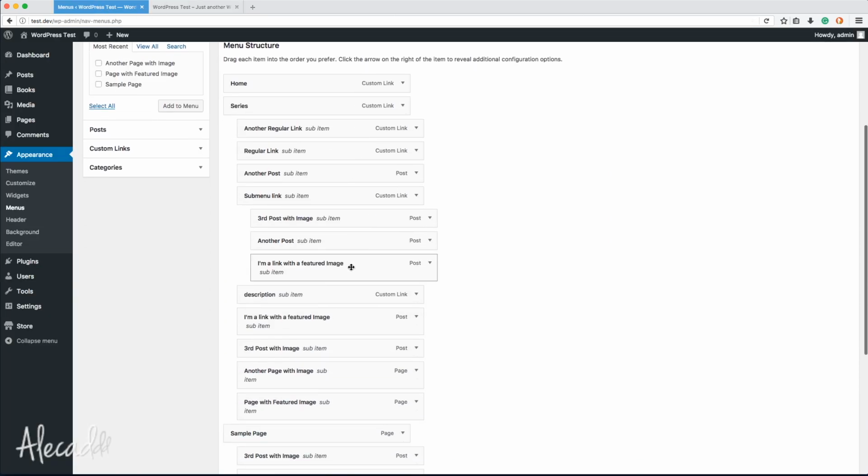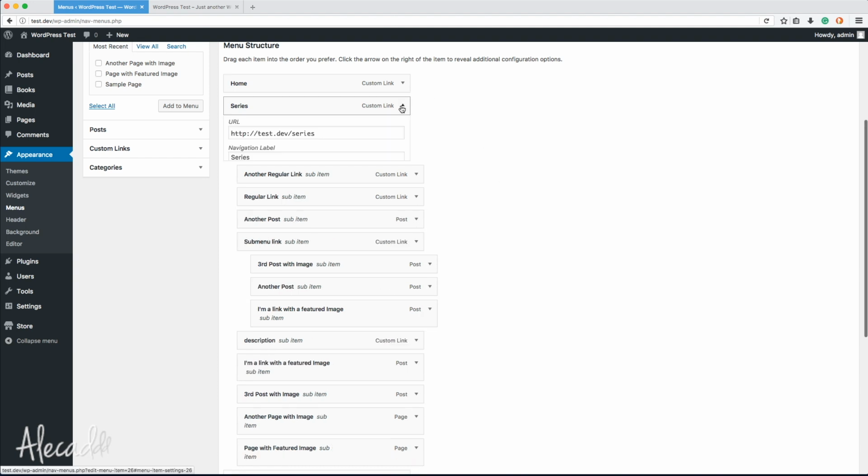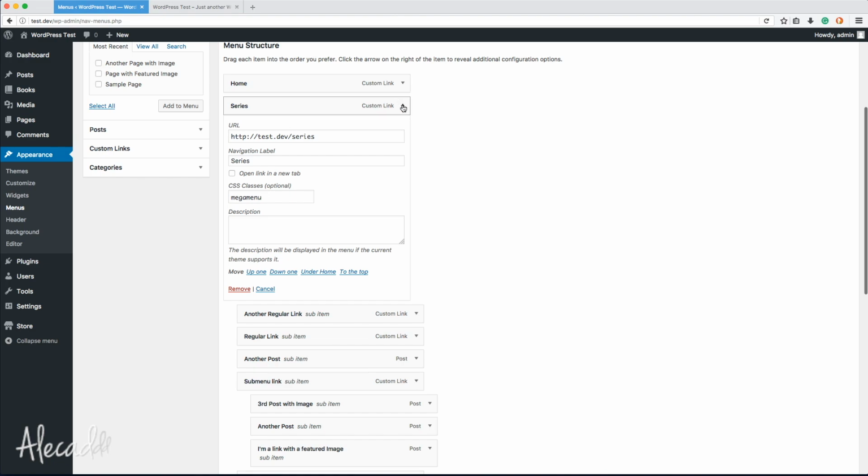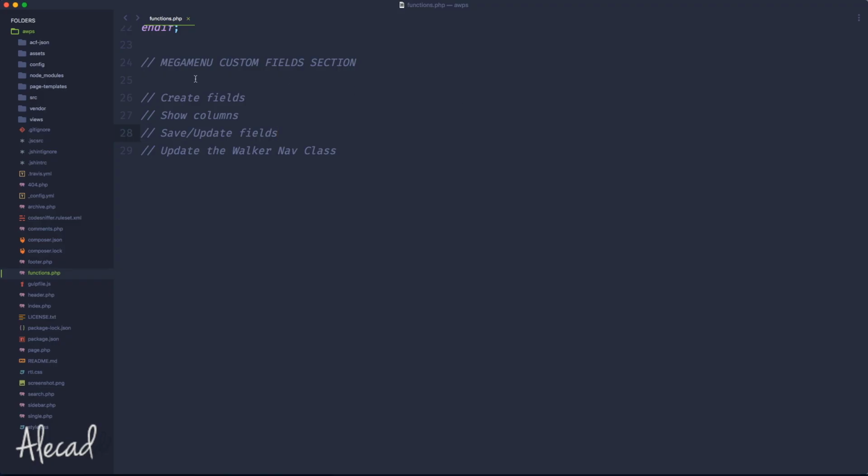WordPress generates this administration menu panel, which you can drag and drop and do whatever you want with, using a WalkerNav class as well. So we need to update that WalkerNav class, that is the admin WalkerNav class, in order to implement our custom fields here. So now that we have the full list of tasks and everything that we need to do, let's start by